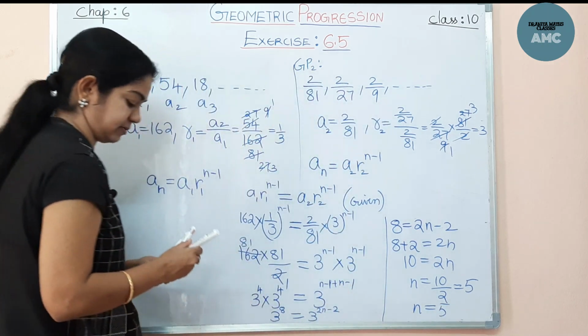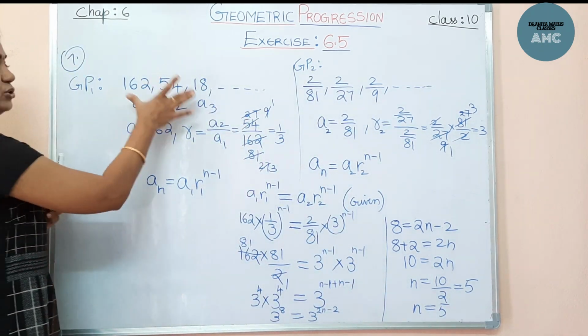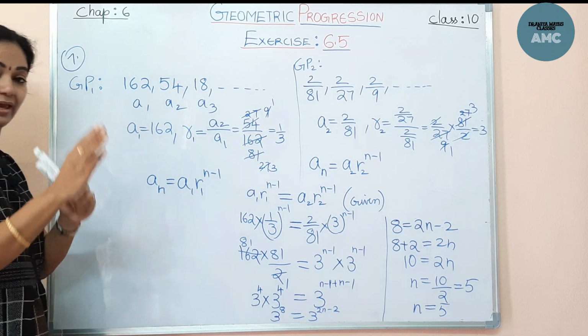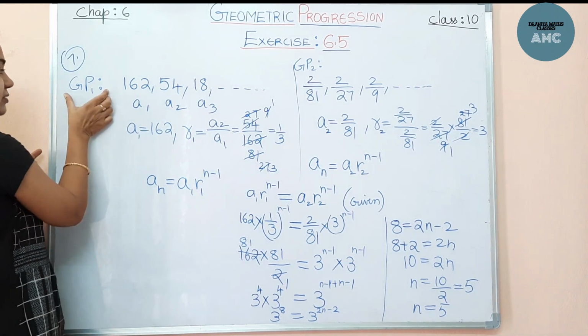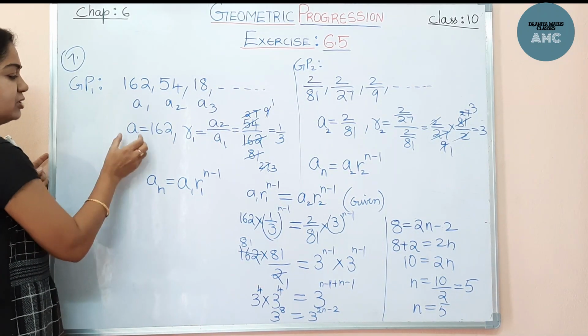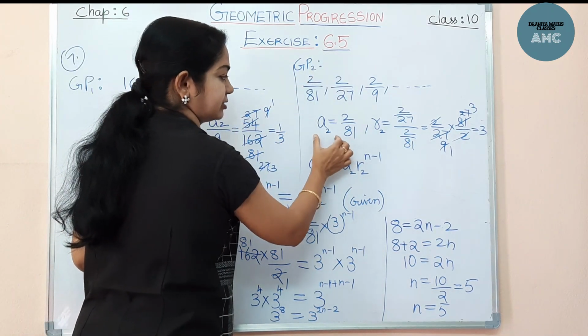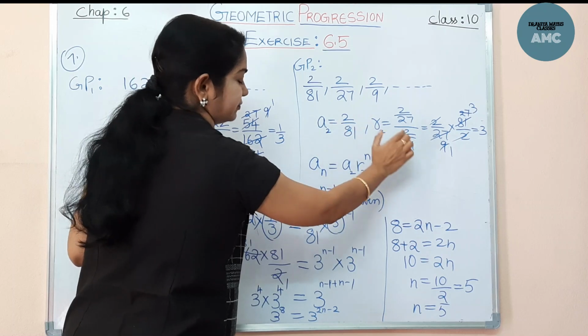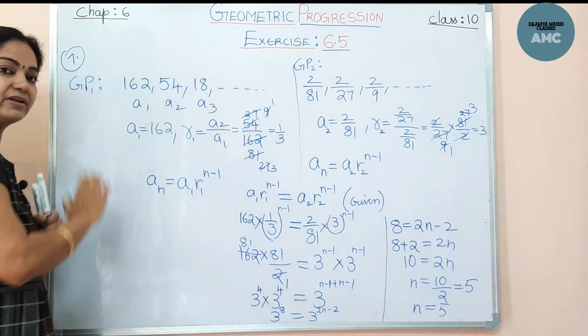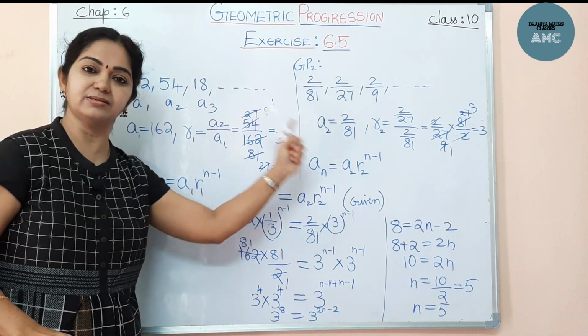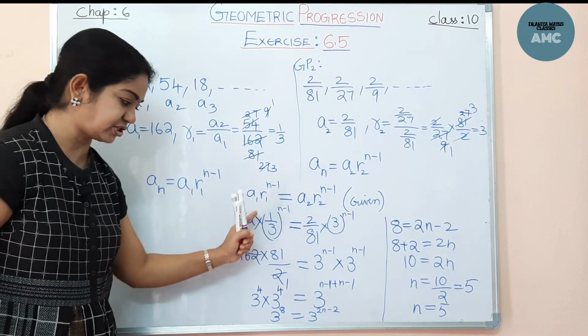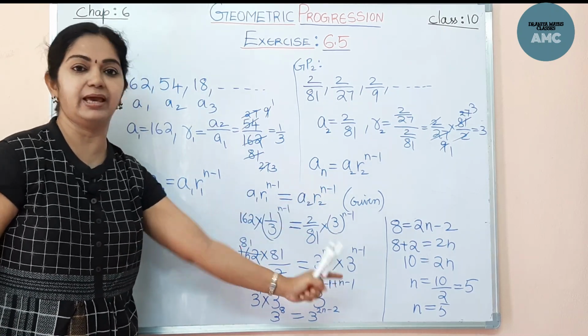Now how did I get this n value? What I did: the two series, so don't get confused with A2, R2, because the first series is GP1, I told, so I've kept it as A1 and R1, and I've found for the second series A2, R2, first term and the common ratio. But the given condition is that both the nth terms are equal, so with that condition I have solved and found the n value.